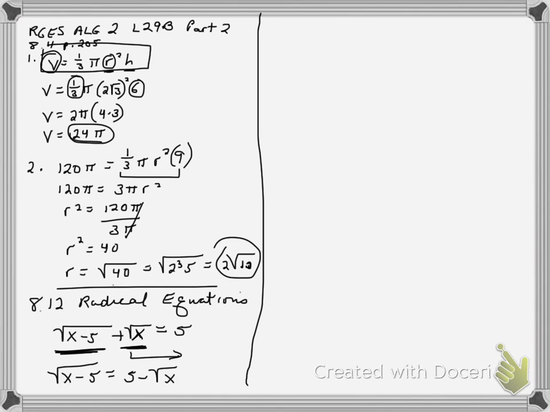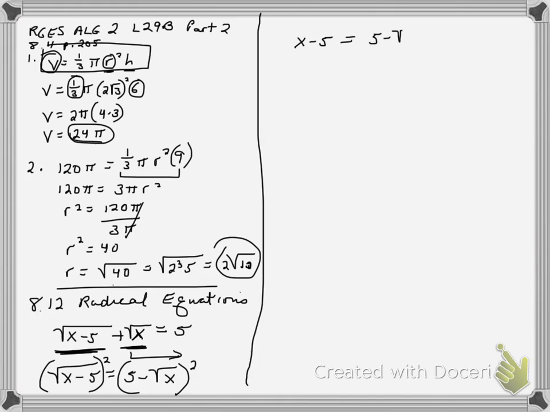Now, if we square both sides of the equation, the left-hand side becomes x minus 5. And the right-hand side becomes